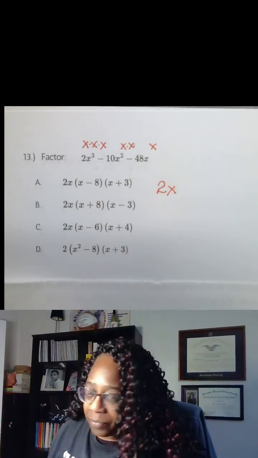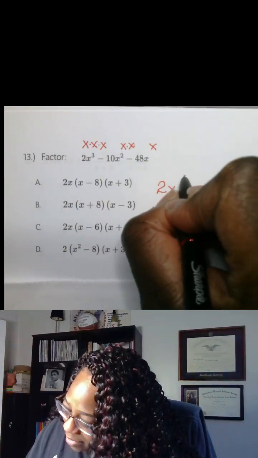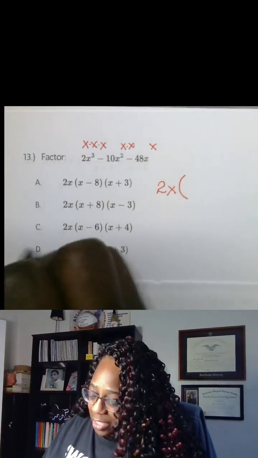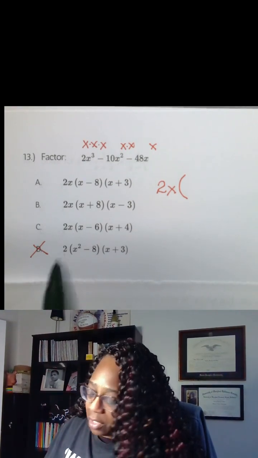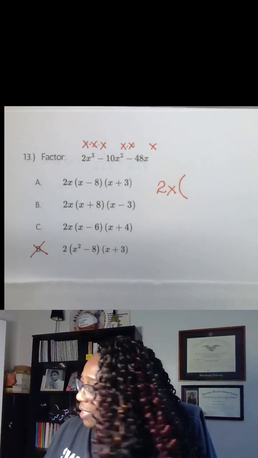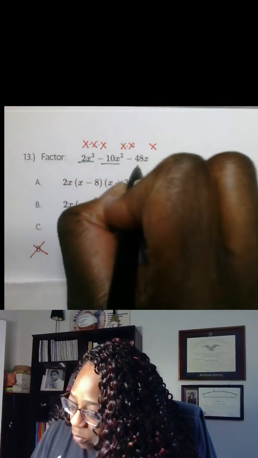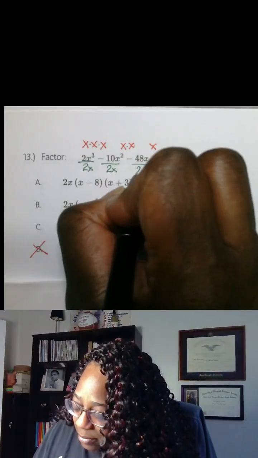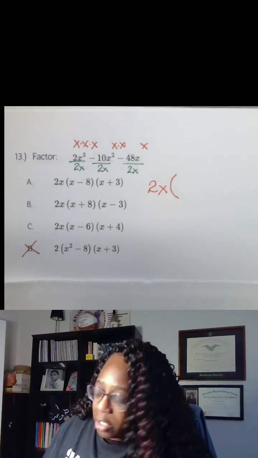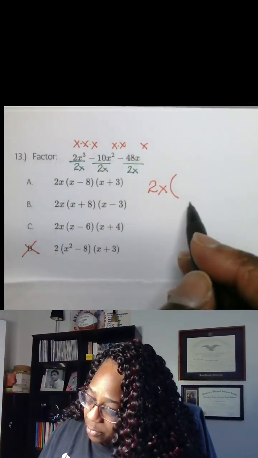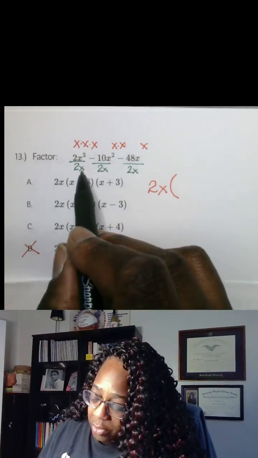That's going to be your GCF, so D is completely out, since it only has the 2. Now I'm going to take that GCF and divide it into the original expression. When I divide, I subtract the exponents. So I can fill in my parentheses. 2 divided by 2 gives me 1. x cubed divided by x